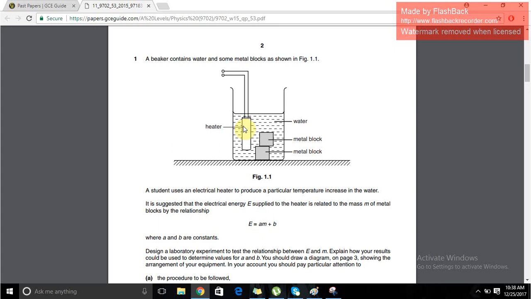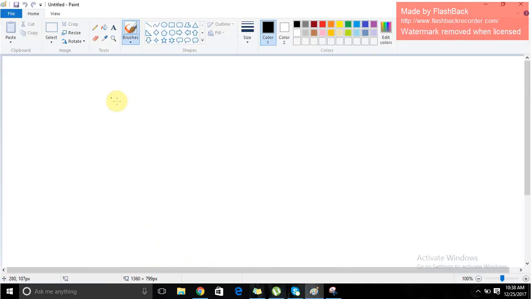So what I do is I often just write this equation out somewhere and try to have a brief analysis of it before reading any further. So we know that E is the energy we are supplying, or we need to supply for a particular temperature rise. Alright, that is a constant in each scenario. No matter how many metal blocks we have, we still need a particular temperature rise. Alright,